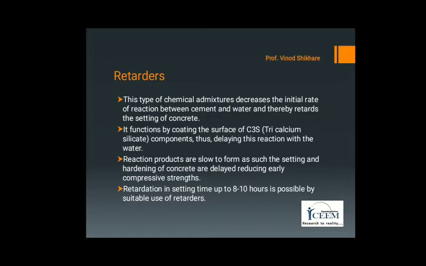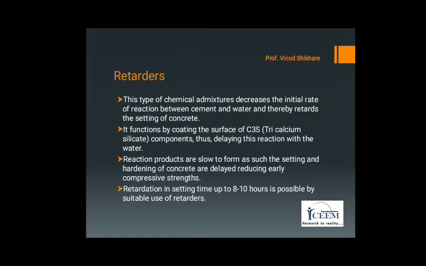Perhaps the most commonly known retarder is calcium sulfate. It is ground to retard the setting of cement. The appropriate amount of gypsum to be used must be determined carefully for the given job. Use of gypsum for the purpose of retarding setting time is only recommended when adequate inspection and control is available. Otherwise, addition of excess amount may cause undesirable expansion and indefinite delay in the setting of concrete.